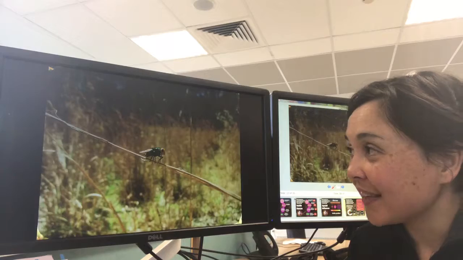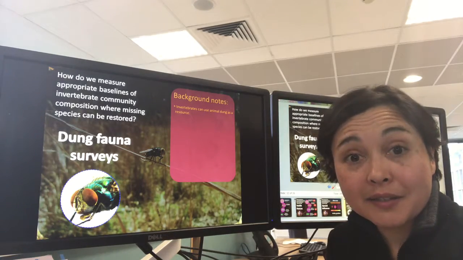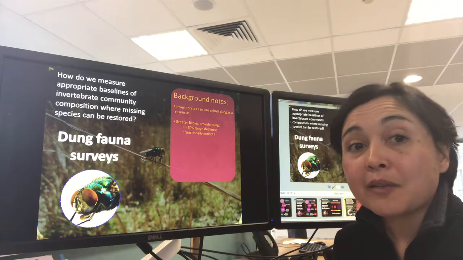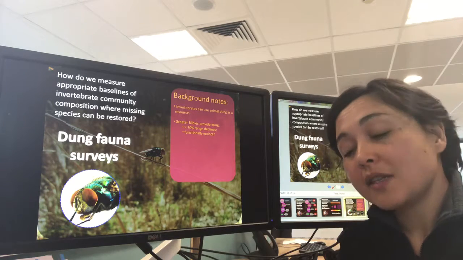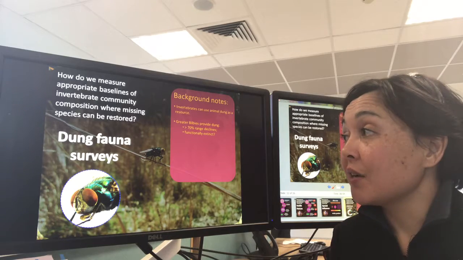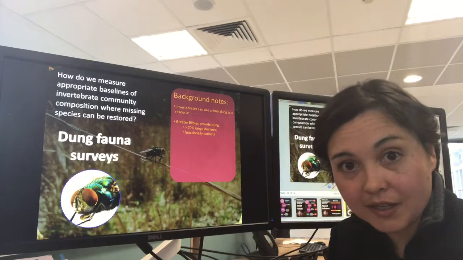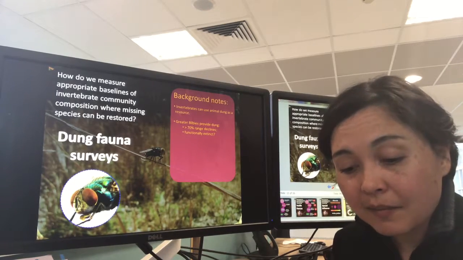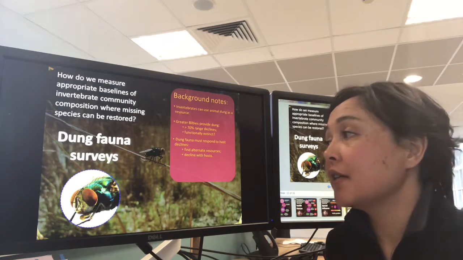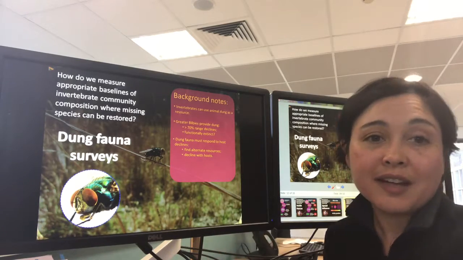So with the dung fauna surveys, invertebrates can use animal dung as a resource for feeding and breeding. And the greater bilby is one of the animals reintroduced to all of the sanctuaries, but they have also declined from more than 70% of the historic range, and they may be functionally extinct, but they would have also acted as a host for dung fauna communities in some respects. So dung fauna communities must respond to host declines in one of two ways: find alternate resources, or go into decline with their hosts.